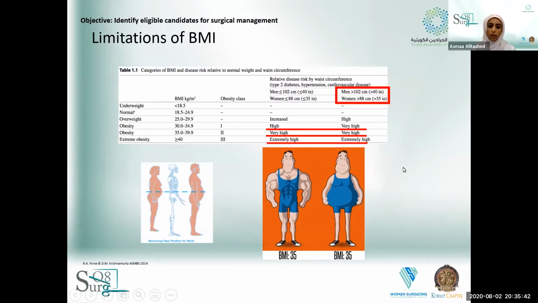Now, one important thing is that you have to understand all the guidelines now look at Asian Americans. They would have different BMIs, lower than the Caucasian. All right, and that's why in this scenario, if we go back to the